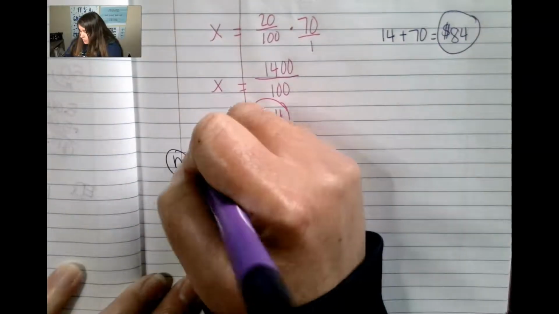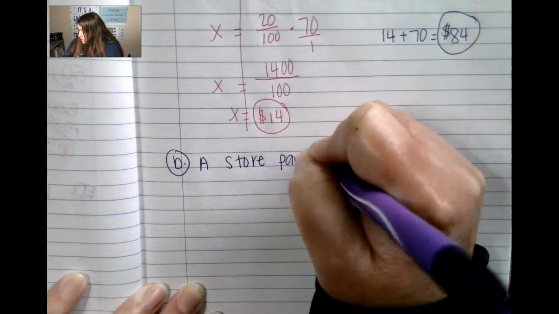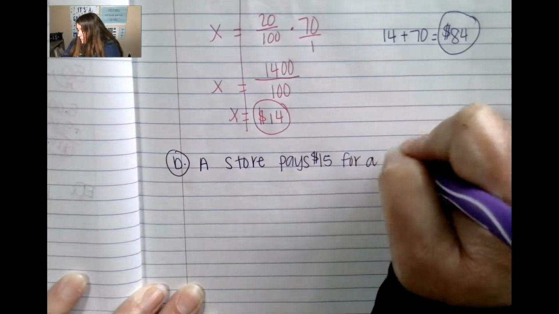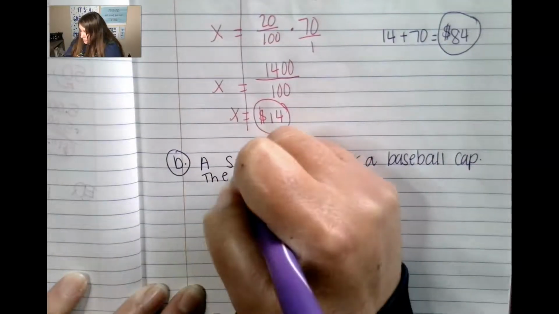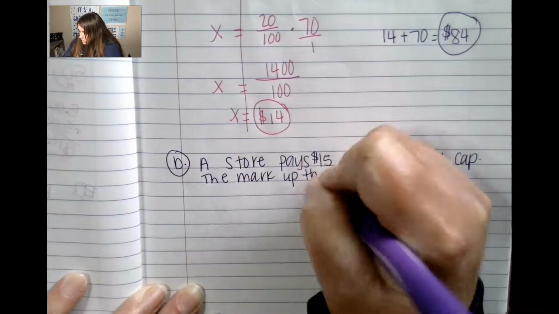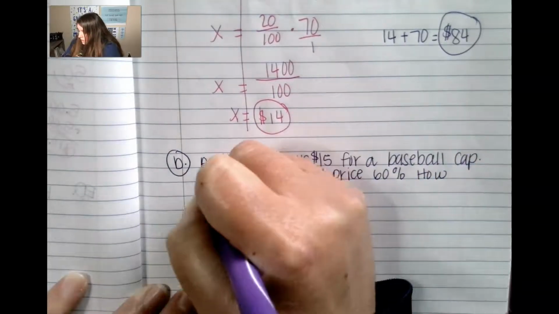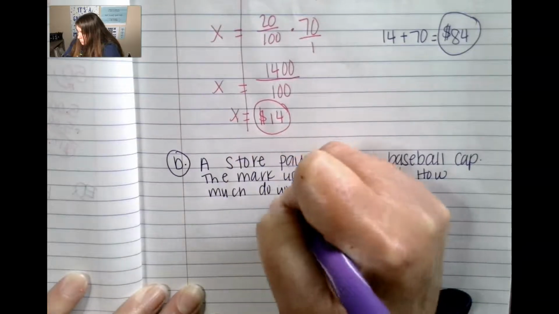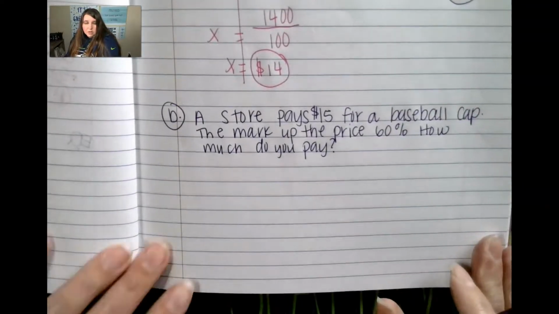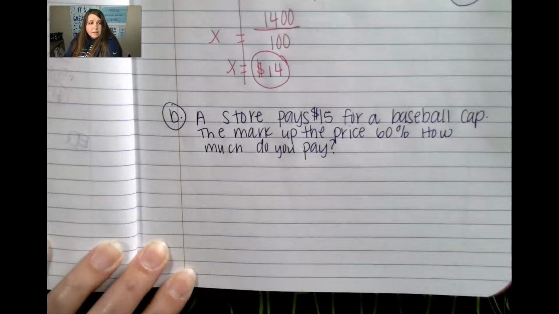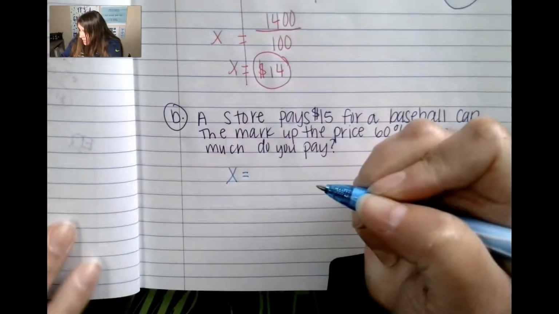So we're going to write this out. A store pays $15 for a baseball cap. They mark up the price 60%. How much do you pay? That is our question here. Okay, so again, we're going to set up a proportion. We're looking at the what is, right? We don't know. So it says that x equals,